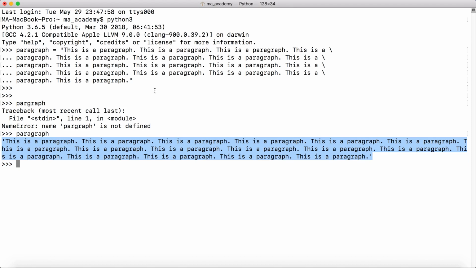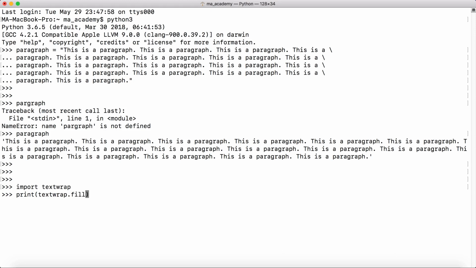Now let's say what we want to do is we want it to be shown in like 50 characters or 50 columns. So for that, what we need to do is first import textwrap. So import textwrap. So we are importing the textwrap module. Now we are saying print, and we are saying textwrap dot fill. So let me type all of it, paragraph,